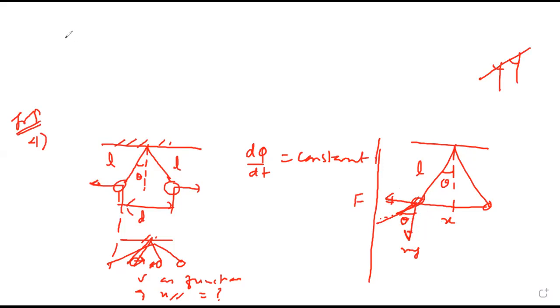What is tan theta from the figure? Can you tell? Tan theta is the electrostatic force, which is the opposite side, upon mg, which is the adjacent side. Clear? Just copy till this, then I'm explaining further. It's not very easy, but slowly your concept should get here. This is tension.